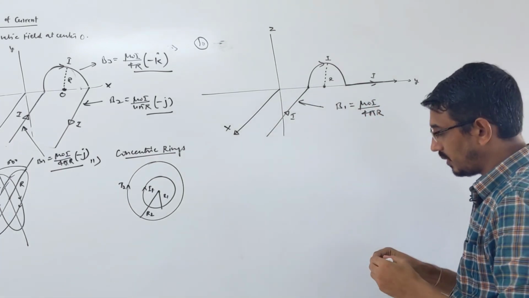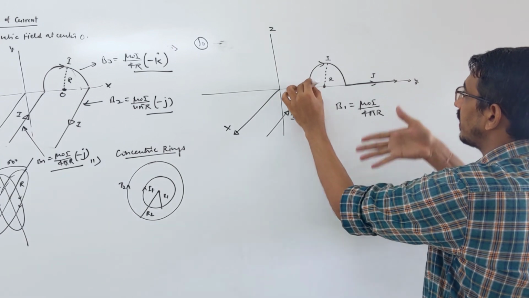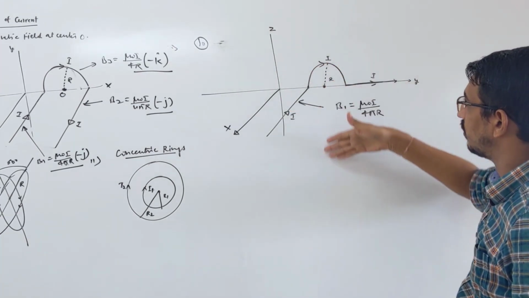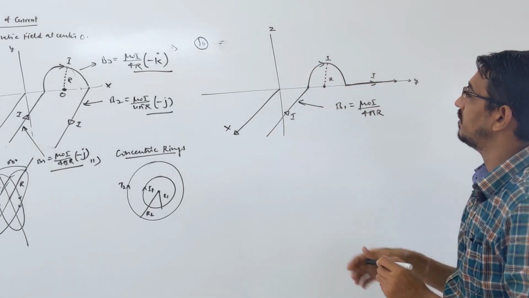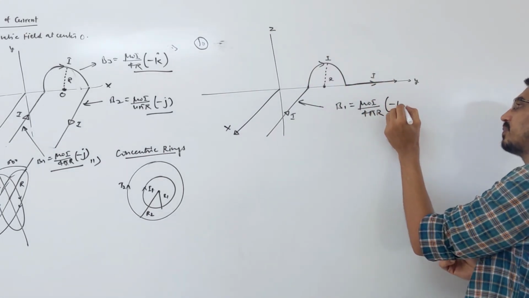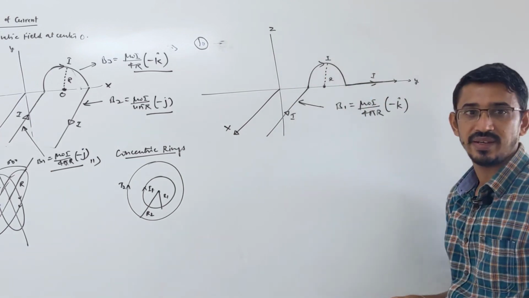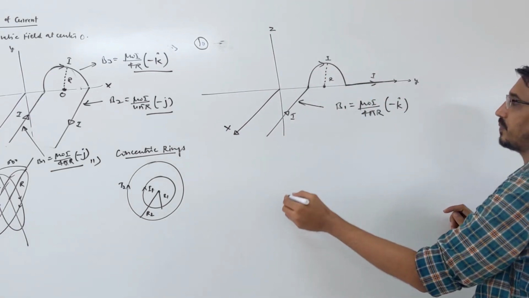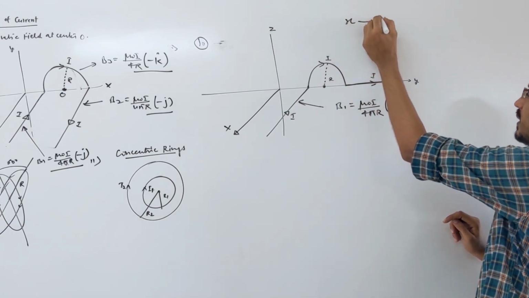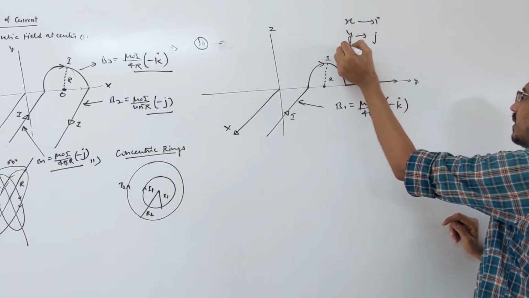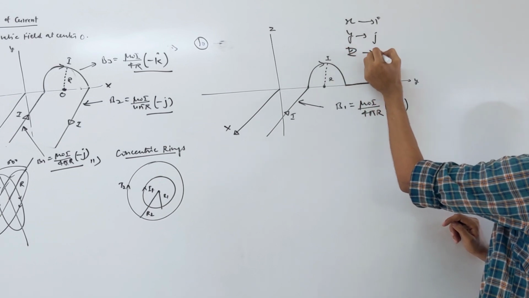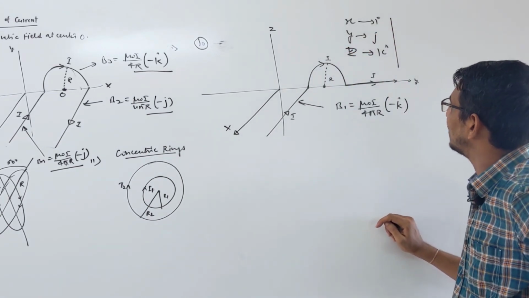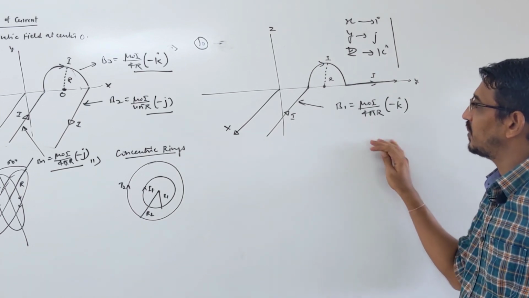Direction is important. This is a wire with current going inward, so when you grab with your hand, the fingers come straight downward. Straight downward is the minus k direction, opposite of z. Your x direction is represented by the i vector, y direction by the j vector, and z direction by the k vector. So this is the magnetic field toward that part.